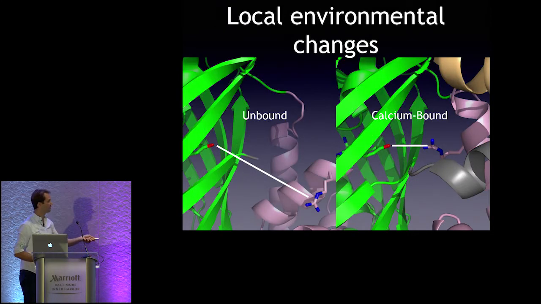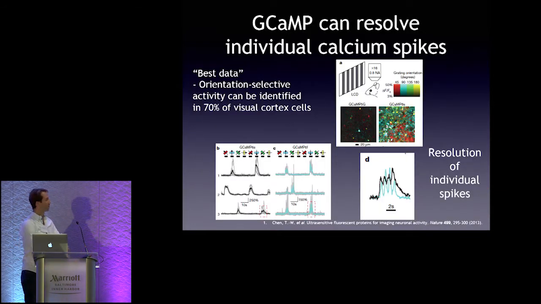Here you can see an example of the local conformational change in the unbound to calcium-bound state. You can see that this arginine goes from being away to actually making contacts with the chromophore. Now GCaMP has been worked on by many people at different institutions for over 15 years. At Janelia, a team was assembled to exclusively work on improving it to the point where it could report neuronal